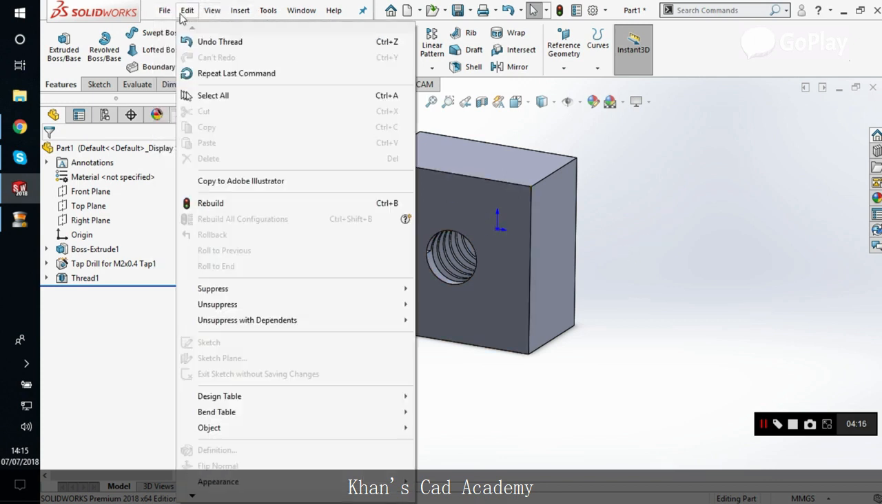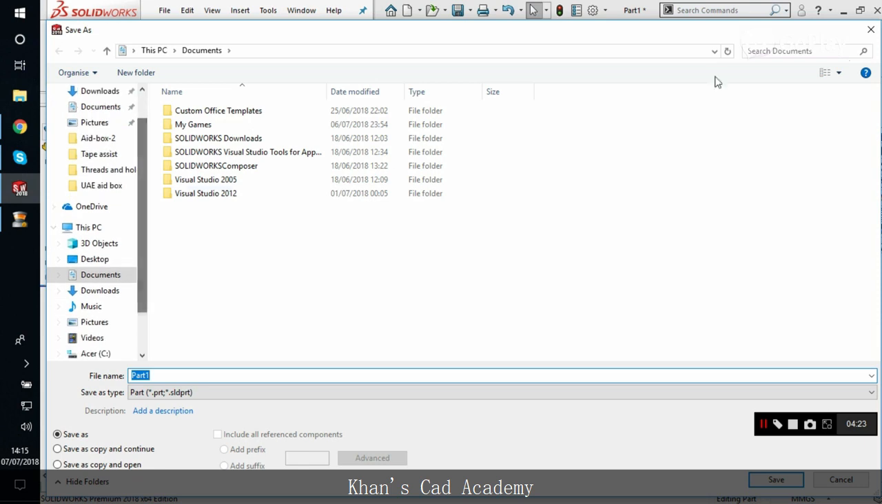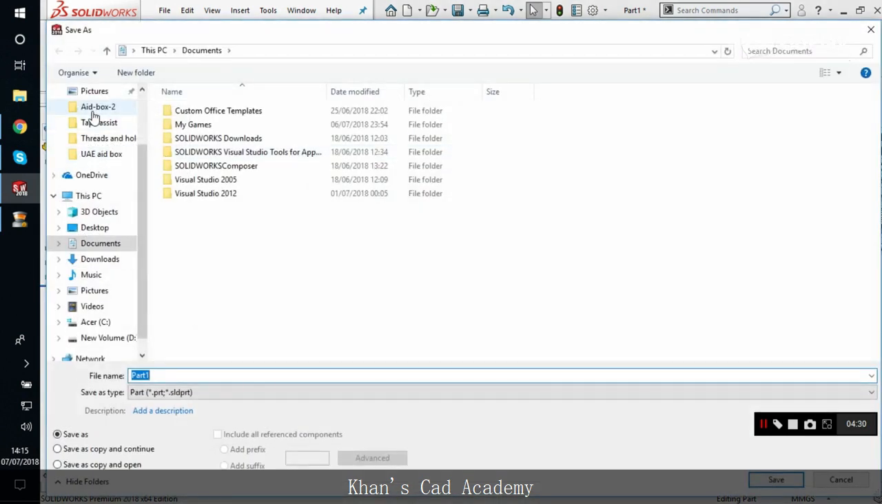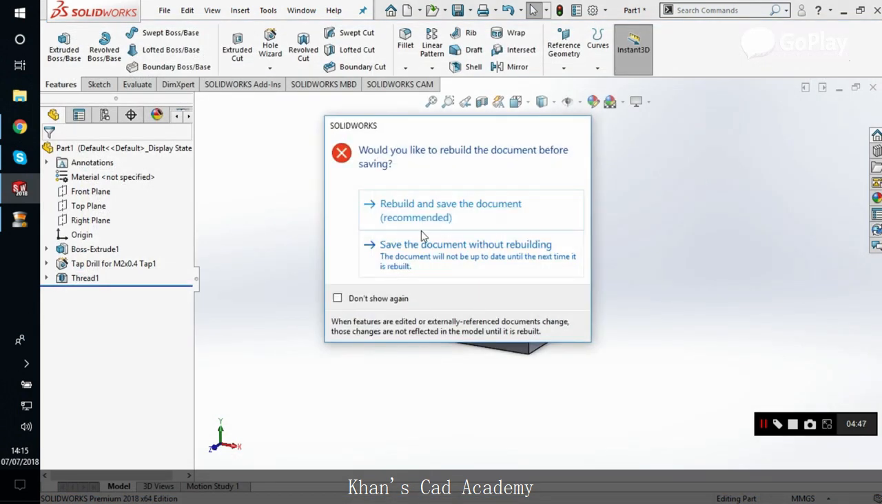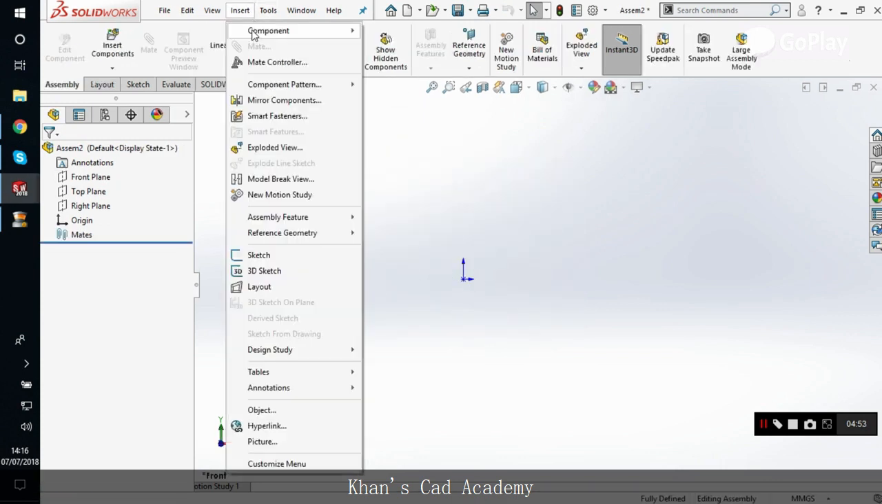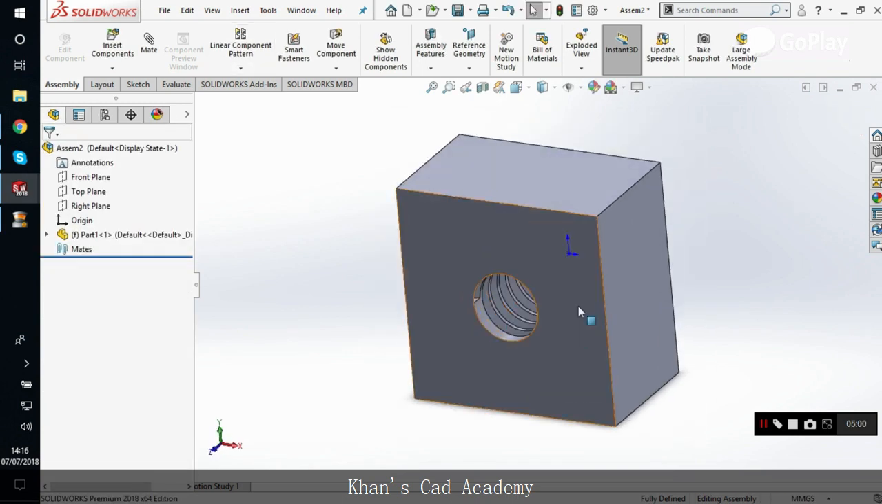Now we will be making an assembly from this part. We will be inserting the part. Let's give it a random name if you want. So we have to save this. Now we go to insert, and we got the part here. Now let's go to the website,